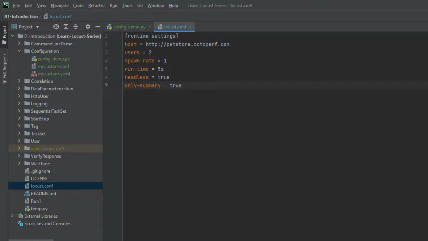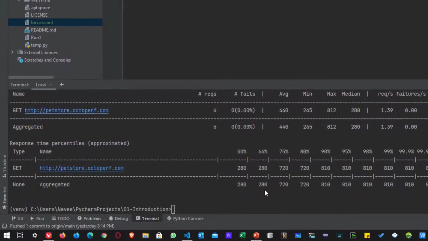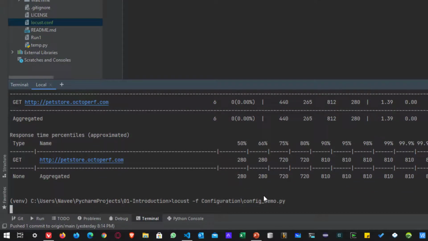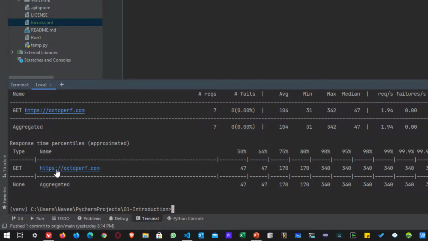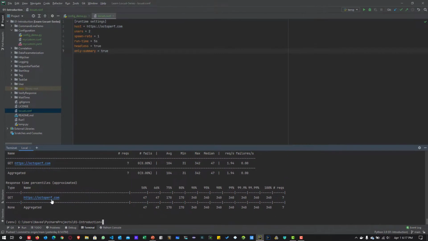Instead of hitting petstore.octopuff.com, now let us hit octopuff.com. Now if I execute this script, the runtime settings will be read using this configuration file. So now if you see, instead of petstore.octopuff.com, we are just hitting octopuff.com.